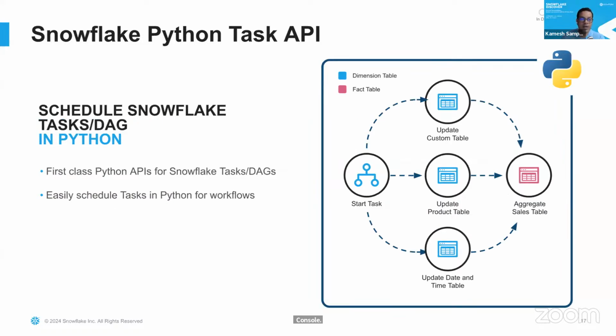We also provide Python task APIs, which allow you to build DAGs that you can schedule. We can use them in combination with our streams and tasks so that everything you run is scheduled and runs in a cron job kind of fashion. This also helps you do Python-based workflows instead of SQL-based workflows. So if you think about it, everything is in Snowpark, we all do Python. If you're good with Python, do everything with Python, and we'll take care of converting everything to the SQL equivalents.